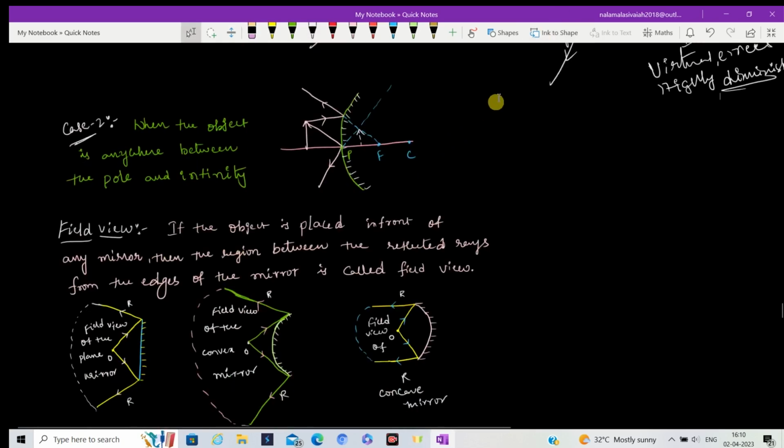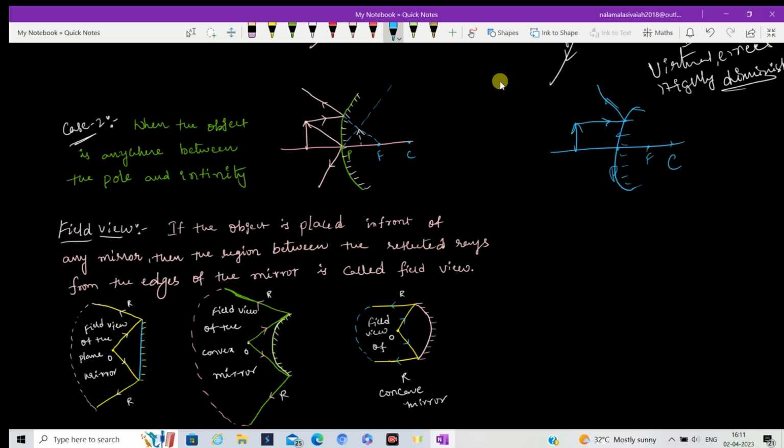So that is the first case. Coming to the second case, when you place the object, I am taking the convex mirror, with pole, focus, and center of curvature. If I place the object anywhere between infinity and pole,